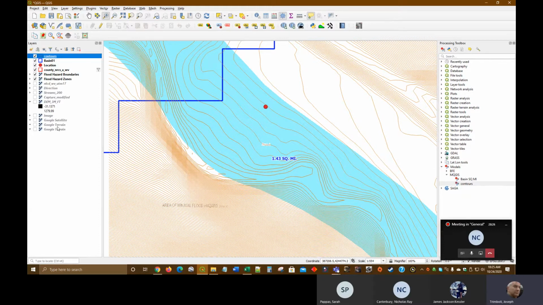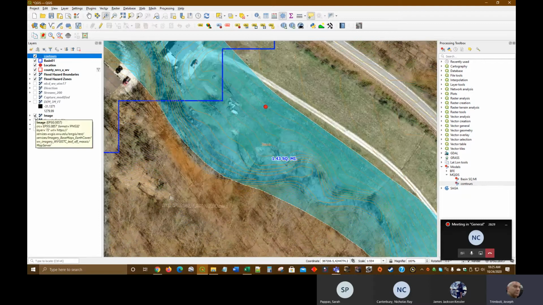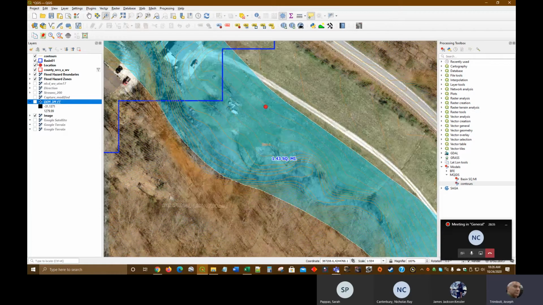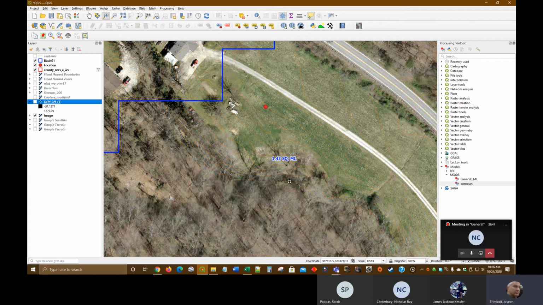It's not from the aerial photography, even though we use that. You can see this little area over here, and it's like, what is that? It's aerial photography. You can see some trees that don't have leaves on them, and it makes things look fuzzy. But if we look at the contours, we can see that that's like a low area where the creek might come out of its banks pretty readily, or its banks aren't as well defined. But anyway, using the contours and the flood hazard zones,